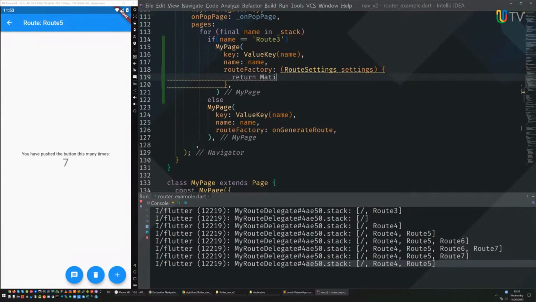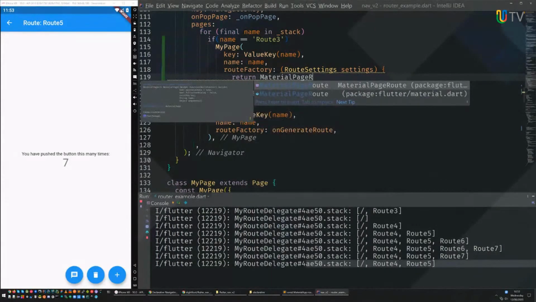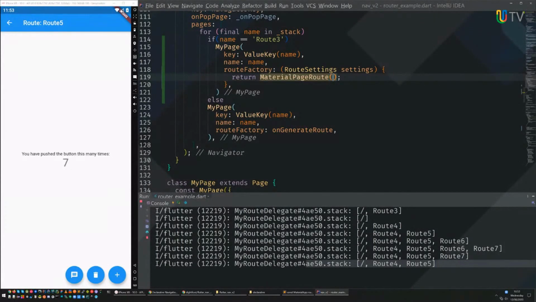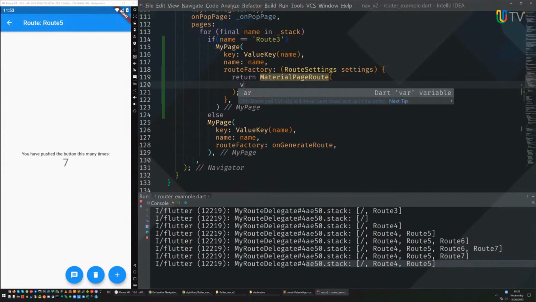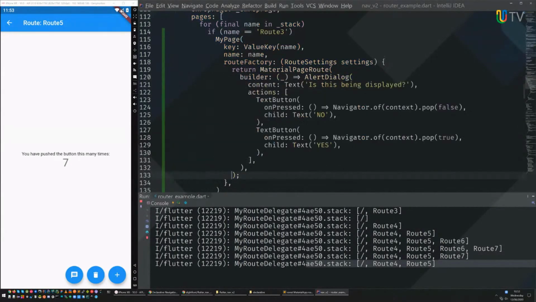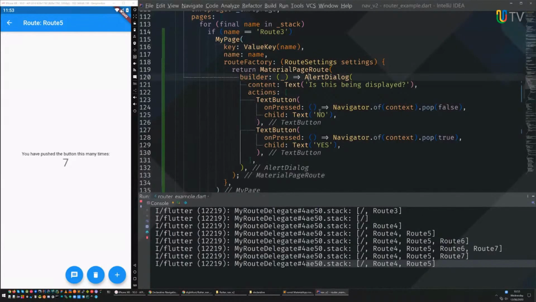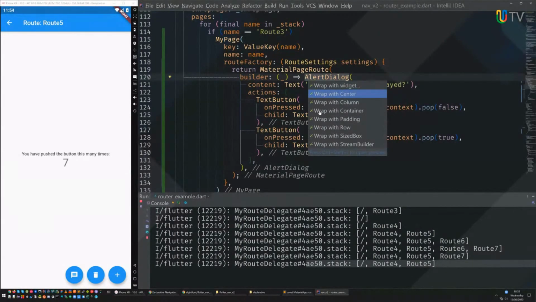This can return a material page route, and that has a builder. Return our alert dialog, right? And if we wanted to be very clever, we should probably center that, I guess.